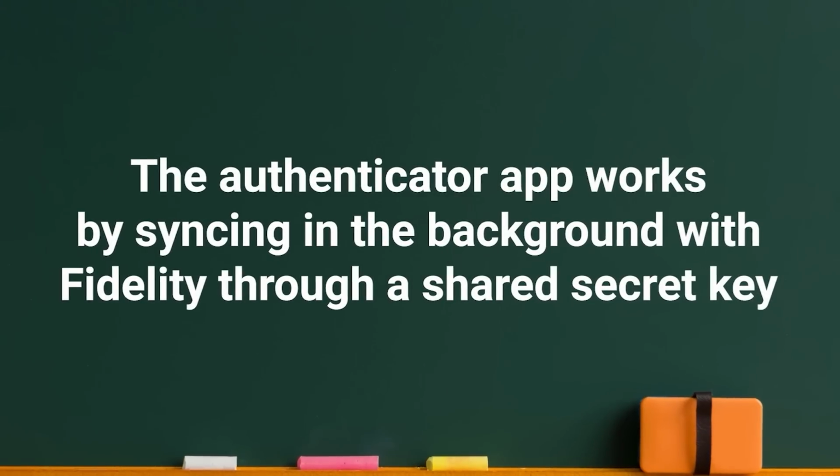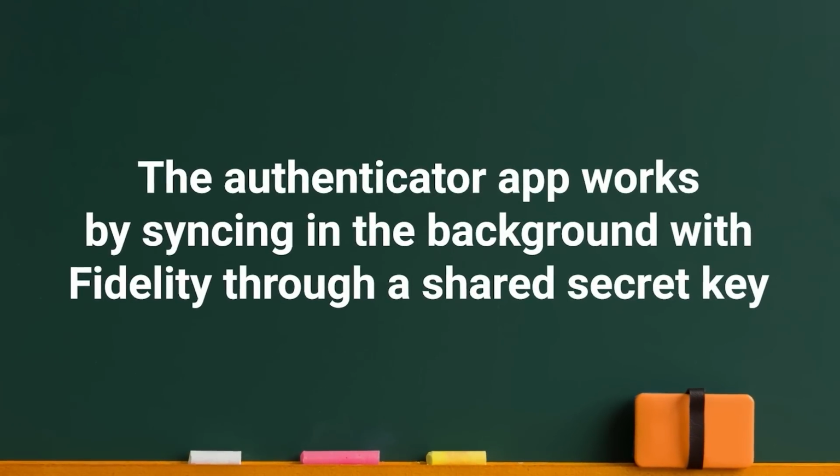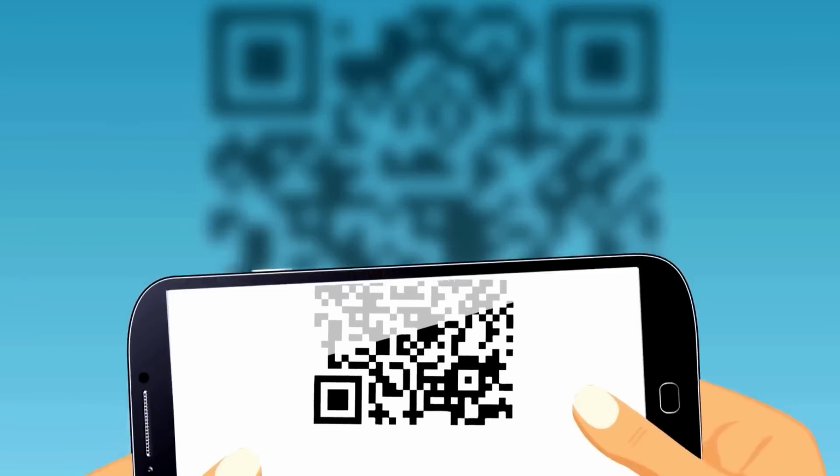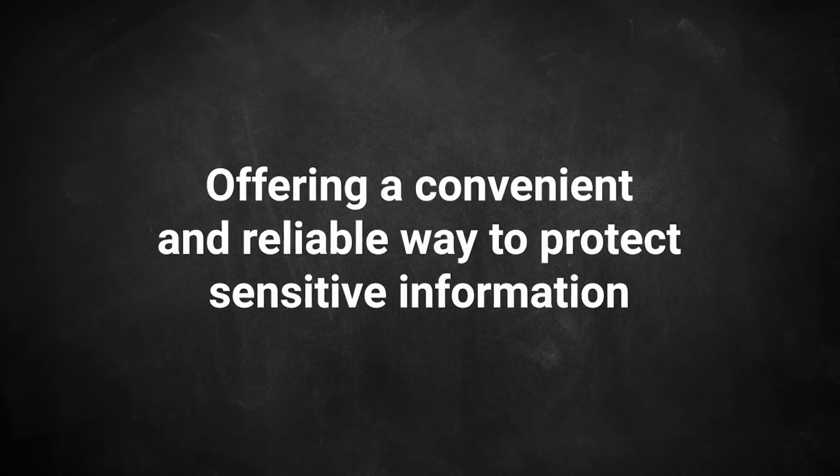The Authenticator app works by syncing in the background with Fidelity through a shared secret key, often set up by scanning a QR code. Once configured, the Authenticator app produces the unique OTP codes based on the current time or counter. Authenticator apps are widely used for email, banking, and social media accounts, offering a convenient and reliable way to